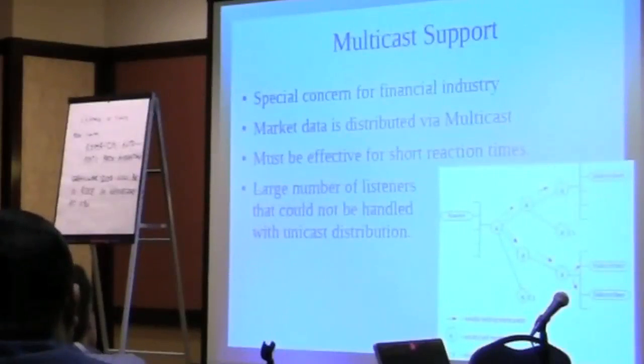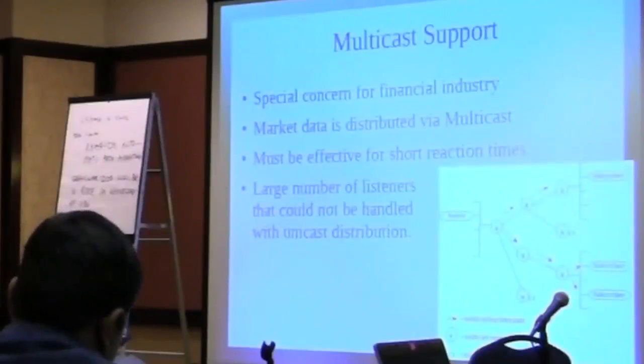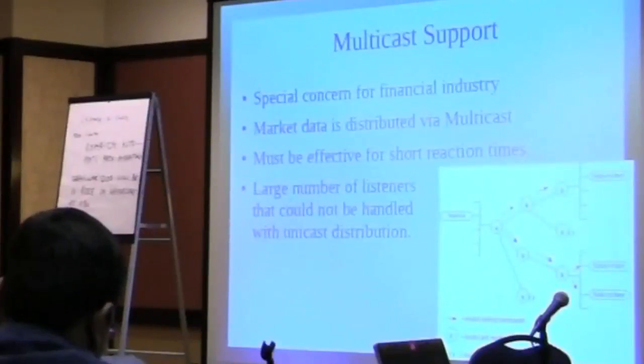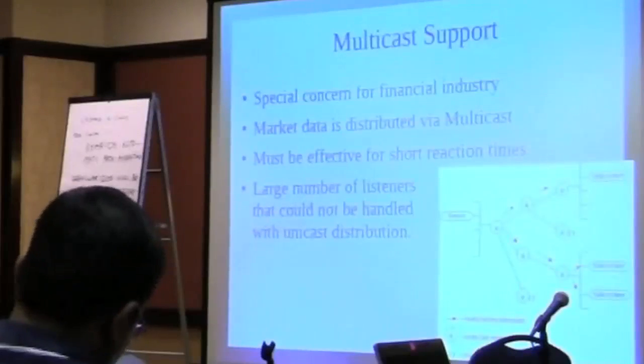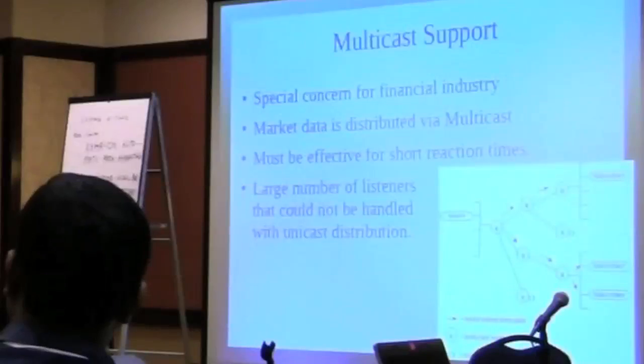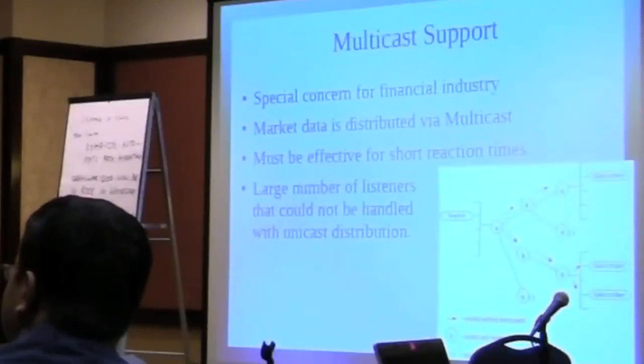One thing that, as far as I can see, always receives not enough treatment is that the financial industry requires extensive and reliable use of multicast. Most people only think about networking in terms of unicast. The challenge in the financial industry is to distribute quotes about a certain valuation of a product in a scalable way. And this can involve 10,000 to 20,000 systems. You can't do this by going one by one. It'll take forever. So what you do is you send a multicast packet, where you have hardware support in the switches and routers that does the distribution of these packets and of the information to all systems.